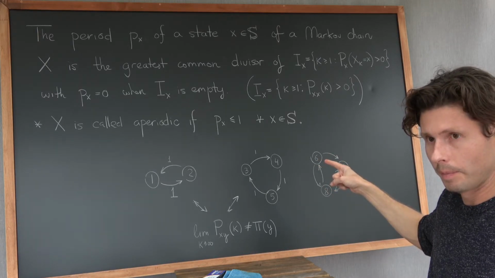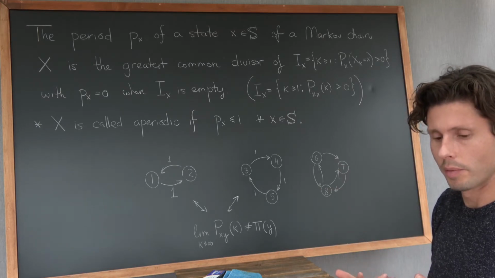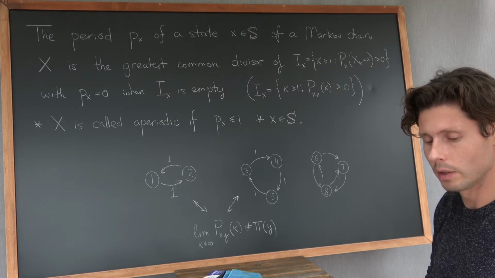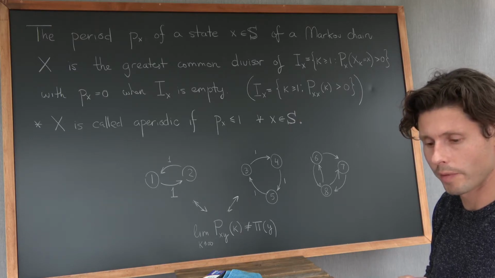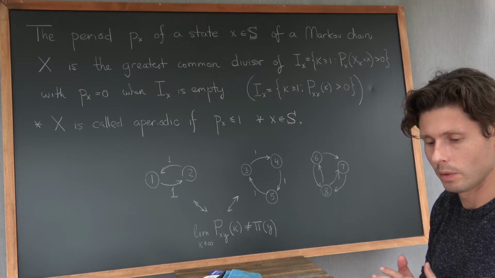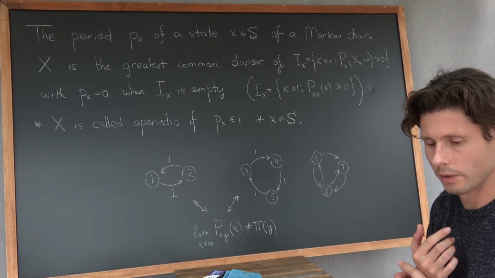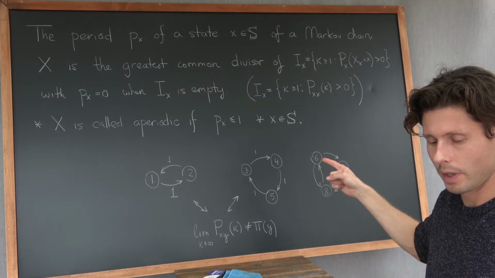And once I've written down 2 and 3, these are relatively prime, right? And so the largest number that can divide both of those is 1, and I don't need to keep making a list, right? Because no matter what numbers you add on top of that, I'm not going to be able to get a greater common divisor, right? 2 and 3 already seal the deal. So the period of this state, at least, is 1, right?